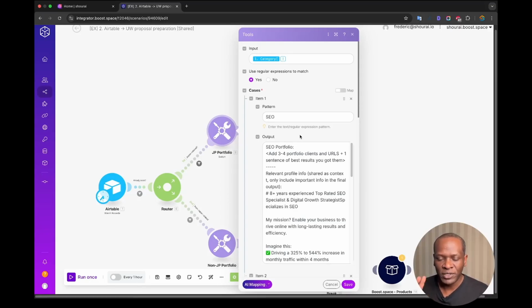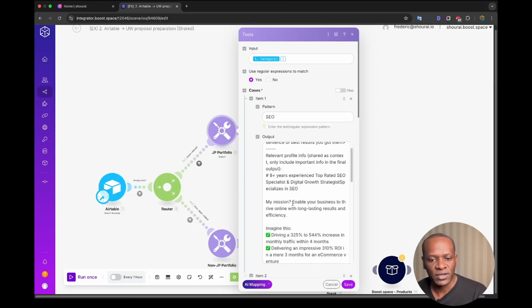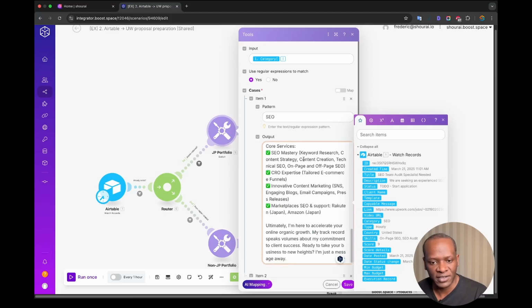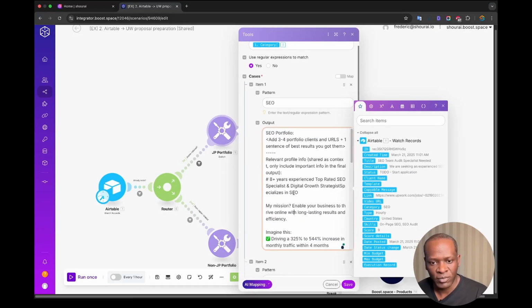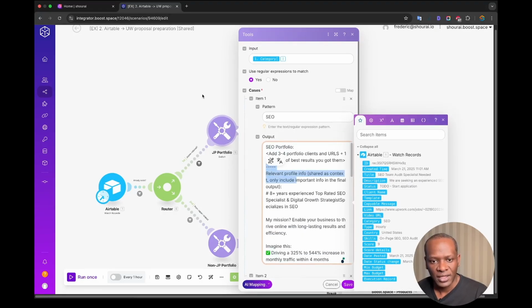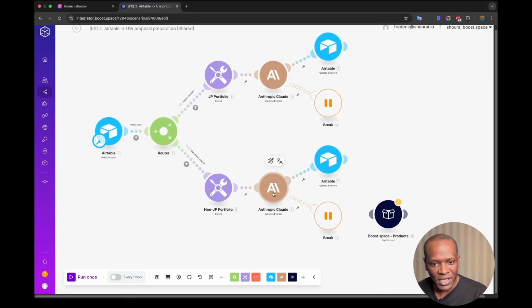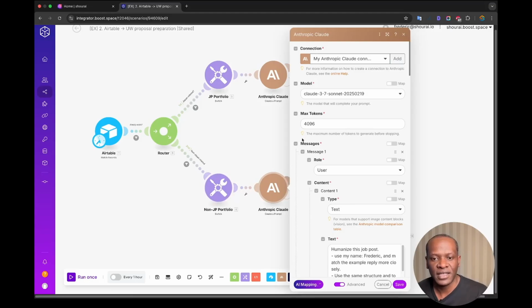Now, that sentence will be used in your final proposal creation, and that's where you also need to fill in your own Upwork profiles here. So this is all content from an Upwork profile. Now, once it goes, for example, okay, this is a job that is not in Japan, then it actually goes